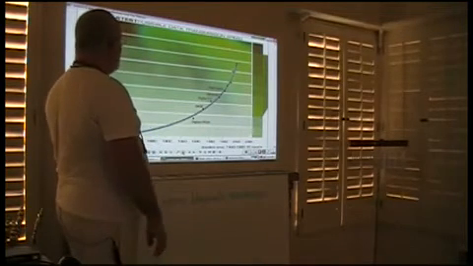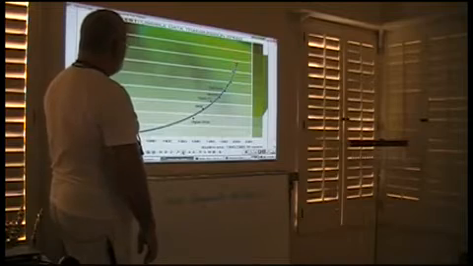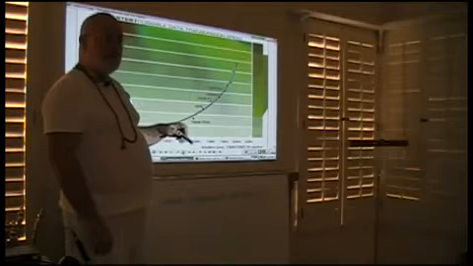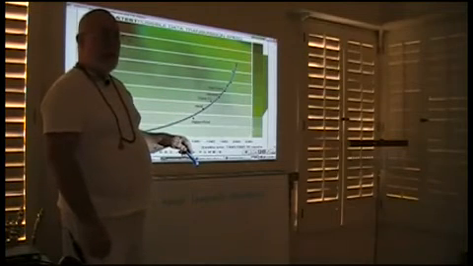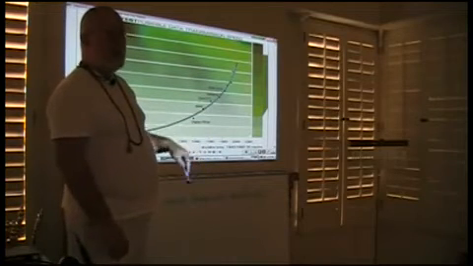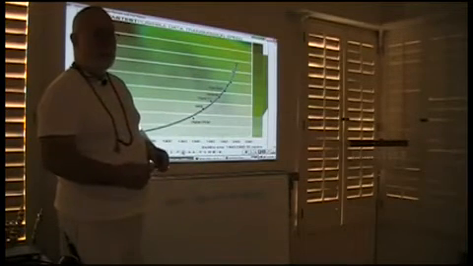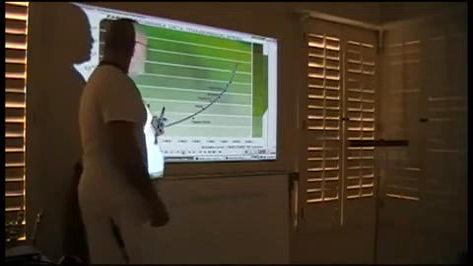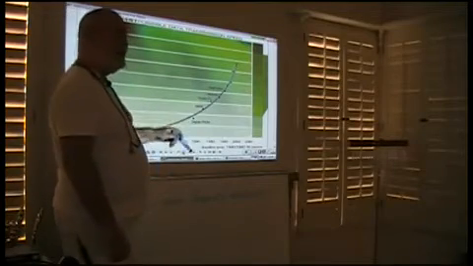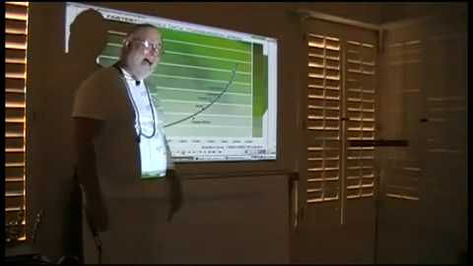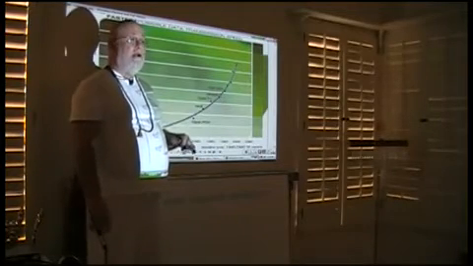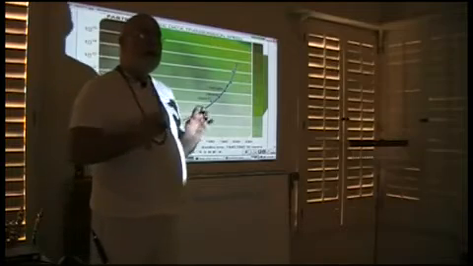So basically what's happening here is that not only is the rate of change increasing, but the rate of change of the rate of change is increasing. And not only that, the rate of change of the rate of change of the rate of change is increasing. That's a double exponential curve. It means things are changing really fast, and they're going to change faster and faster at a very accelerated rate. This is what we call a tipping point.